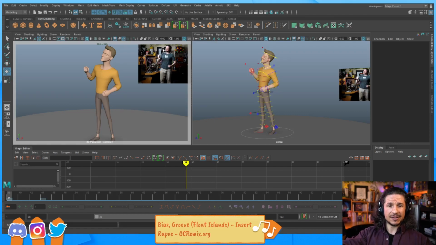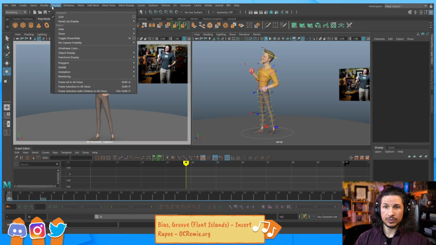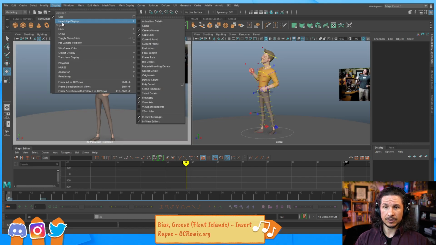Interface. This is a very heavy interface. Like we can see here, there's a lot of stuff. So the easiest way to simplify your interface is just go to display and then go to